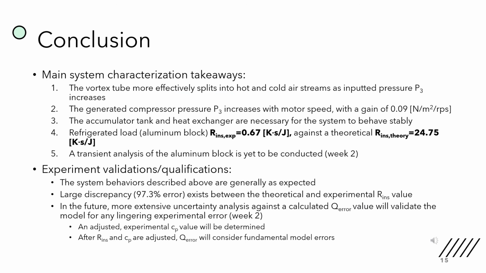The main system characterization takeaways are as follows. The vortex tube more effectively splits into hot and cold air streams as inputted pressure P3 increases. Number 2, the generated compressor pressure P3 increases with motor speed with a gain of 0.09. Number 3, the accumulator tank and heat exchanger are necessary for the system to behave stably. Number 4, the refrigerated load, R insulated experimental is equal to 0.67 against a theoretical value